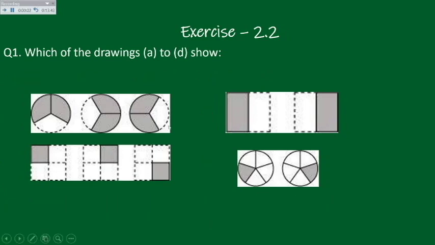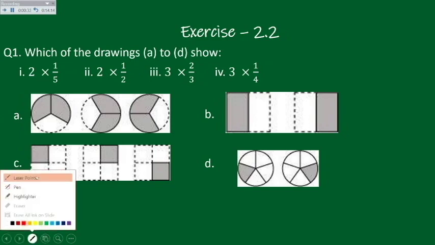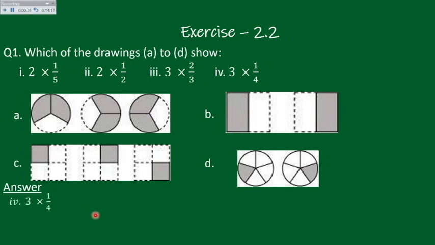So next, the last part of this question. Here definitely the answer should be C. Why? Because here we need 3 parts. This figure contains 3 parts, out of which 1 part is shaded and the total parts should be 4. 1, 2, 3, 4. Each contains 4 boxes. Okay. So hope you understand this question very easily. So in the same way you have to write this here.